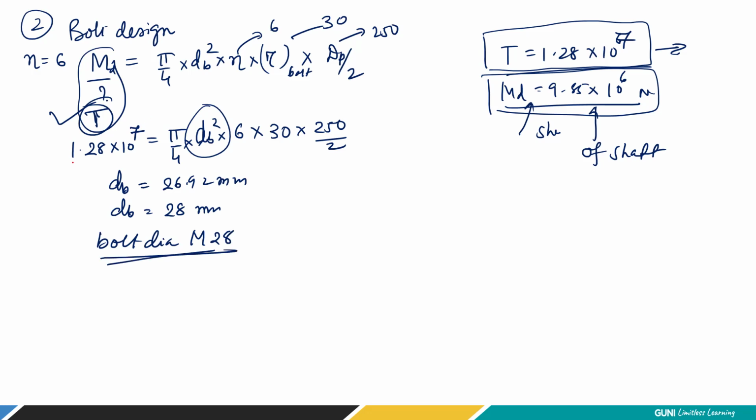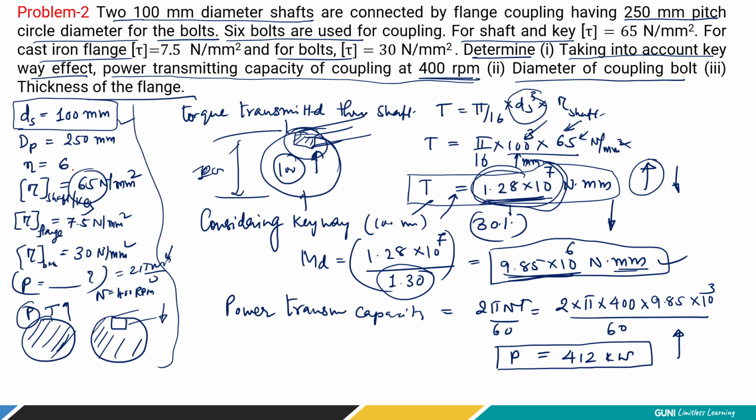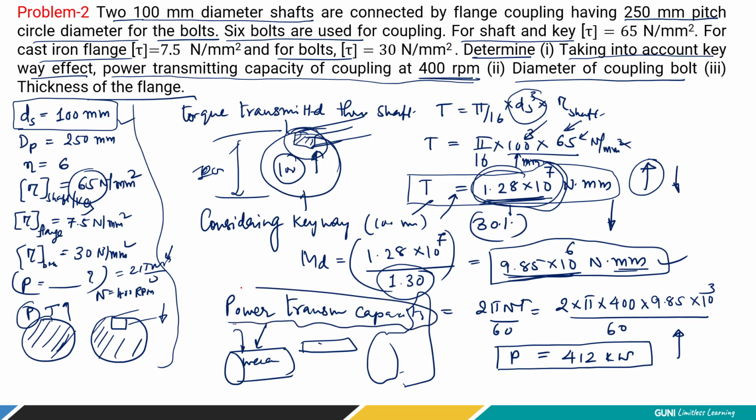So remember, do not confuse why we have taken 1.28. In the earlier case, in the hub design, when finding the power transmission capacity, why have we considered the 30%? Because there are three elements: one is the shaft, second is the key, third is the flange with the hub, right? So this is the weak portion, the weakest part of the assembly. That is the part we have to consider for finding the power transmitting capacity. But if the shaft is solid, if there is no keyway, then we can transmit this much maximum value.